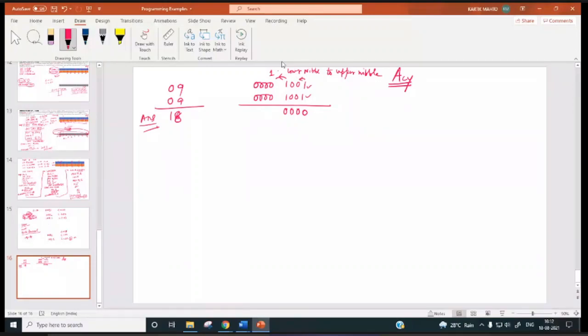Now this 1, 0, 0, what will be the result? Result is going to be 1. Now this 0, 0 are added, result will be 0. Now when these two ones are added, result is going to be 0, and there is a carry from lower nibble to upper nibble. That time this auxiliary carry flag will be set to 1.